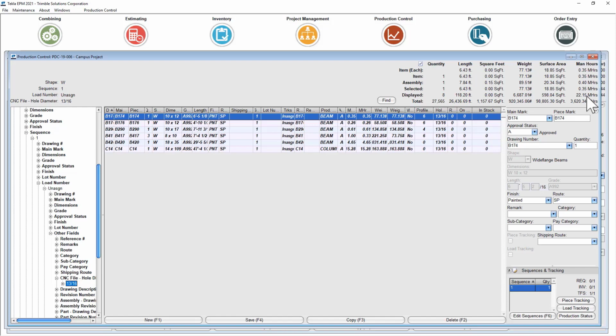So this type of progressive filtering allows us more power, but it also allows us to filter the display data as we're going, whereas traditional filtering methods would require the user to know that combination of filters before they could see the resulting data. So a great gain. And of course, this is not only relevant to production control, but it's relevant in inventory, it's relevant in estimating,